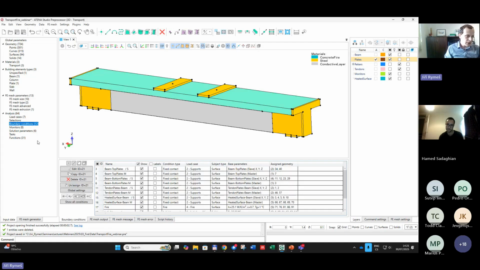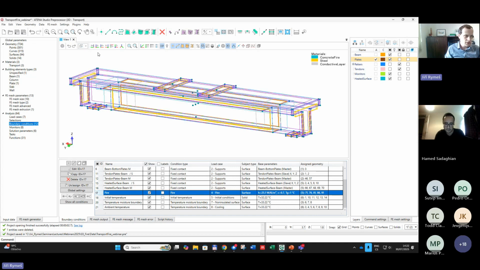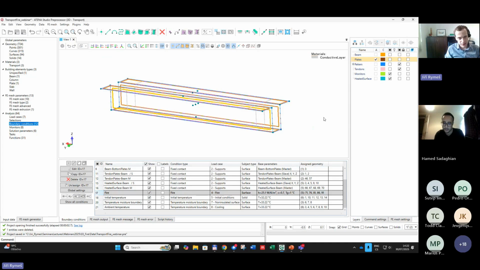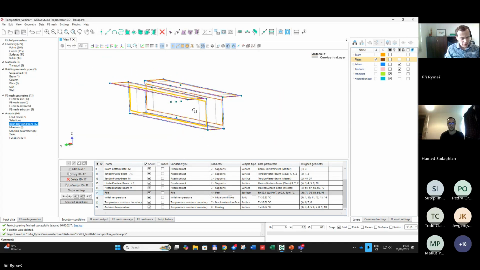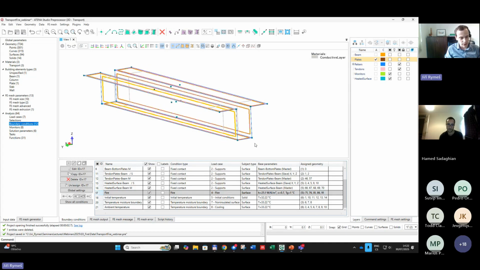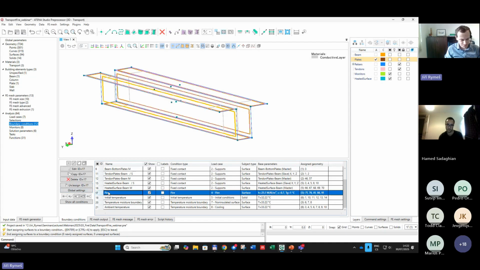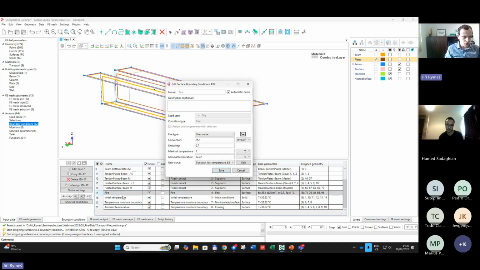In the boundary condition for fire, I already apply it on this extra volume. As you can see here, the yellow color indicates where this condition is applied, or red color if I choose this option, assigning or unassigning. And if I double click on the value, you will see that I'm using the option user